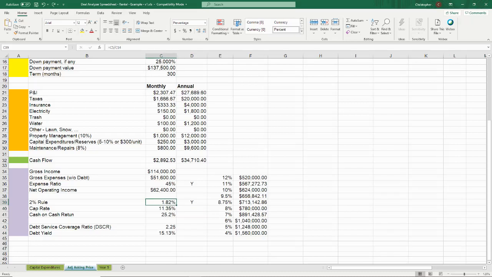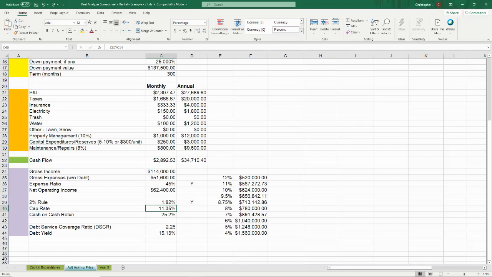All right, our third indicator, cap rate. Let me say what cap rate is not. Cap rate is not your return on investment. This shows 11.35%. Some may look at that and say, oh, okay, that's the return on investment. That looks like a number that would be my return on investment, like in the stock market or other types of investments. 11%, some might say that's a good return on investment. That is not the cap rate.